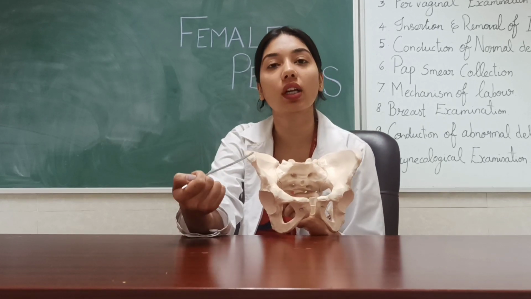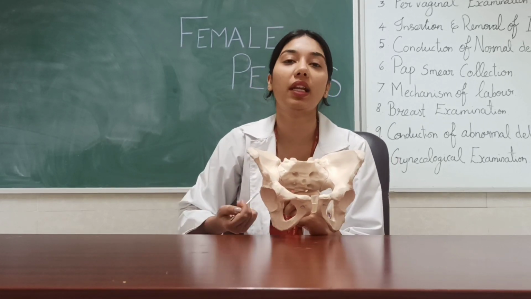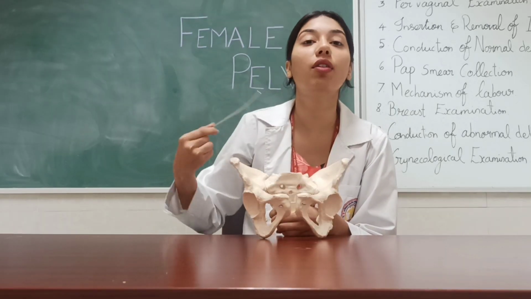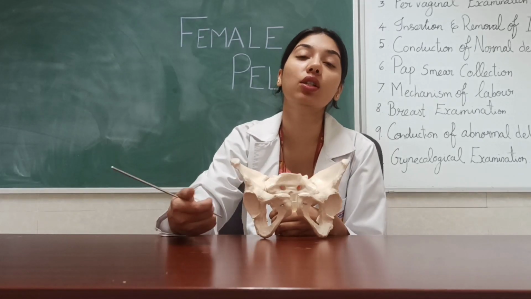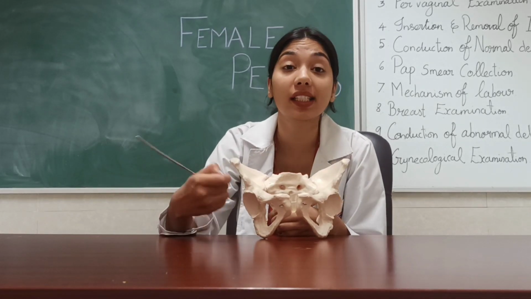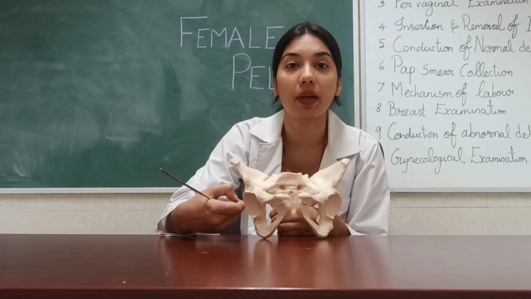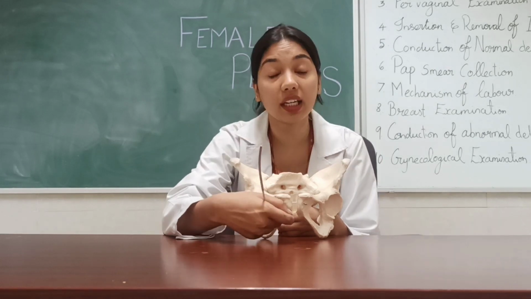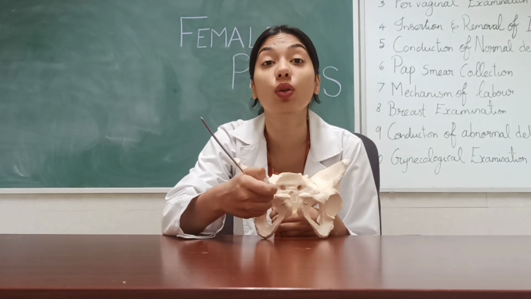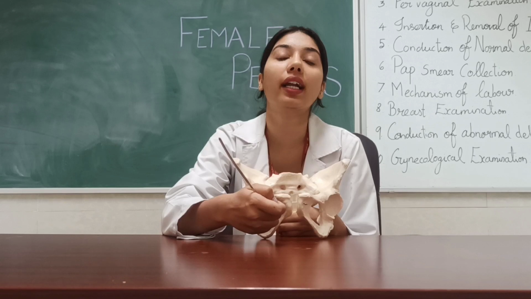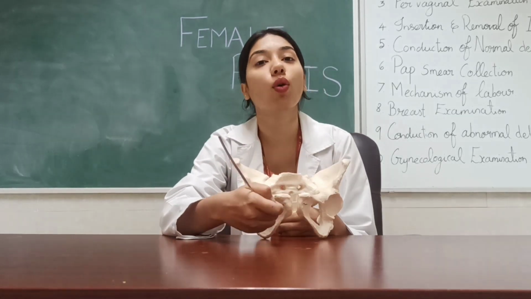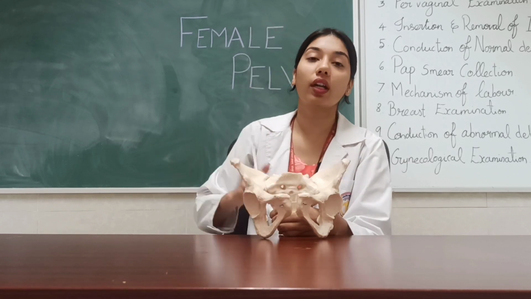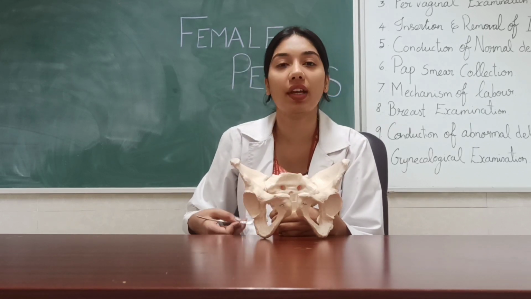And why am I talking about the mid pelvis? Because it has many significances. For example, at the level of the mid pelvis there will be internal rotation. So most cases of deep transverse arrest occur at this level. It also marks the point for giving the pudendal block. The ischial spine is also known as the zero station. We mark the zero station at the level of the ischial spines. So we know that the mid pelvis is of great significance.